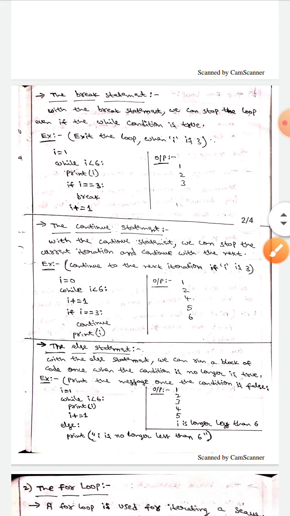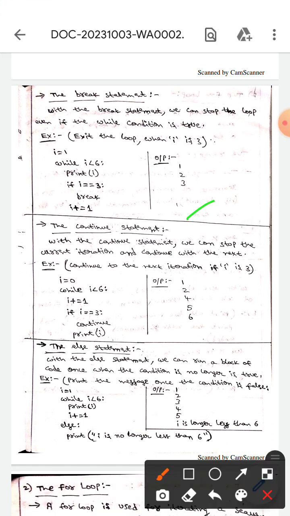The next one is the continue statement. Here, with the continue statement, we can stop the current iteration and continue with the next. I will explain it to you through the program. Here i equals 0, and while i is less than 6 we do the increment, which means 0 will become 1. Here 1 is not equal to 3, so it will print 1,